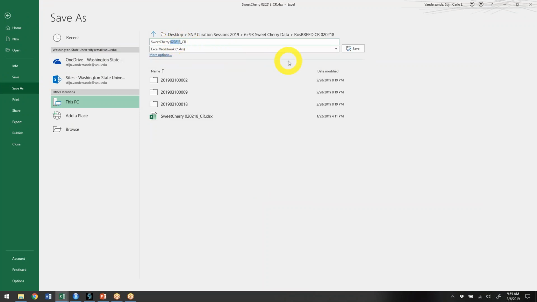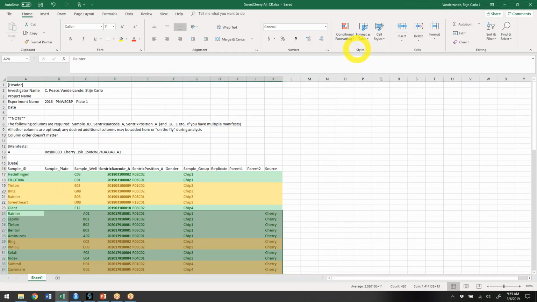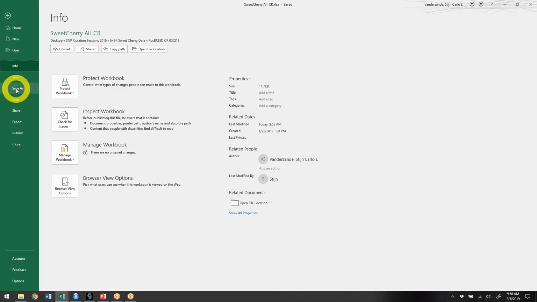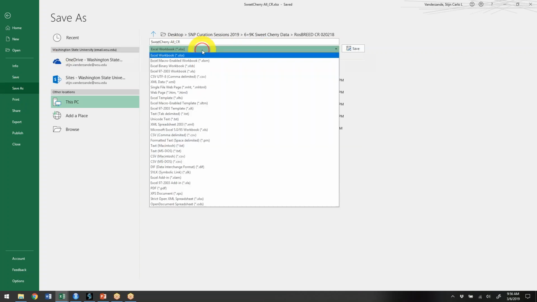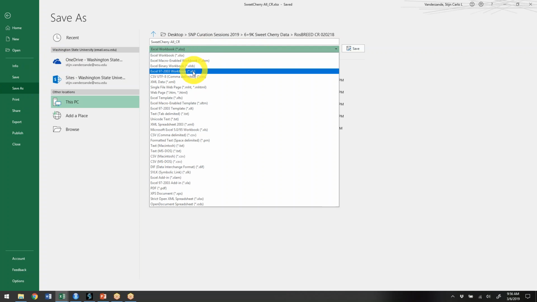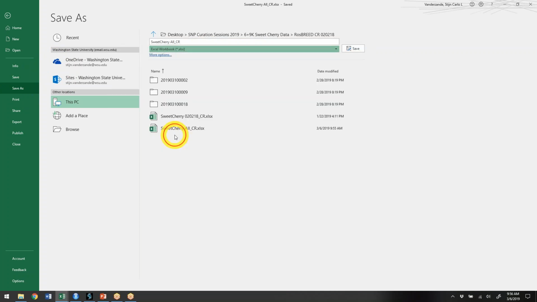I'm just going to call this "all" also. And importantly, I'm going to first save it as an XLSX file, or full Excel file. And then secondly, when I want to save this, I go back to File, I click on Save As again, and where it says Excel Workbook, I look for CSV comma delimited, and I can just save it under the same name because it will recognize it's a different file